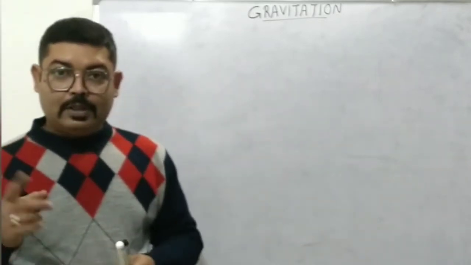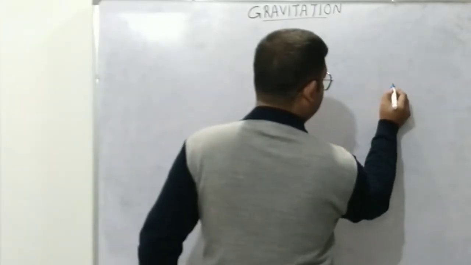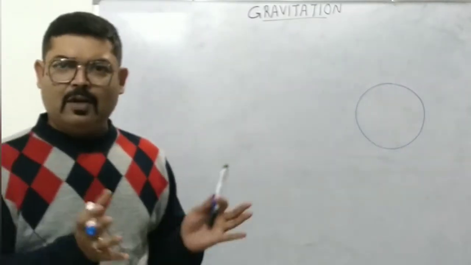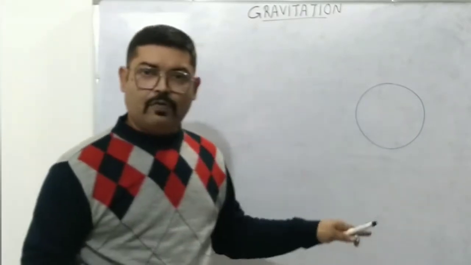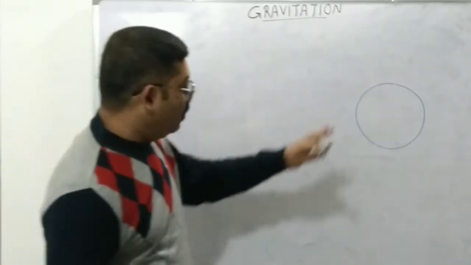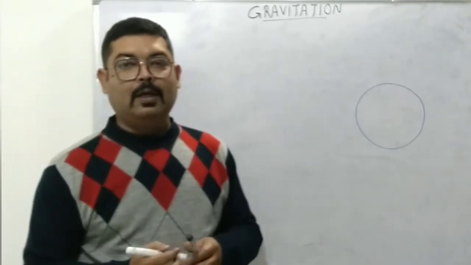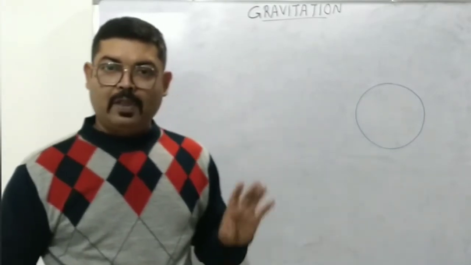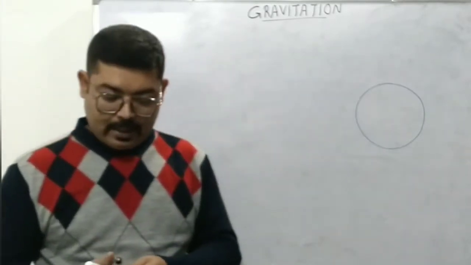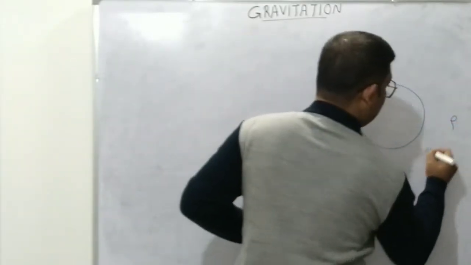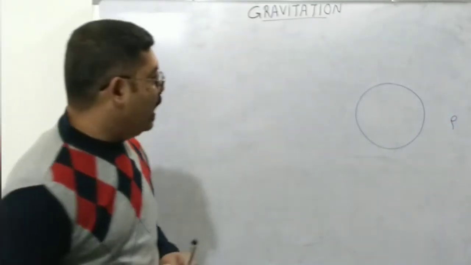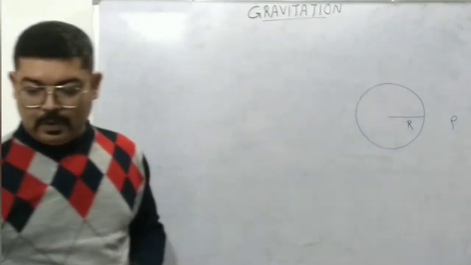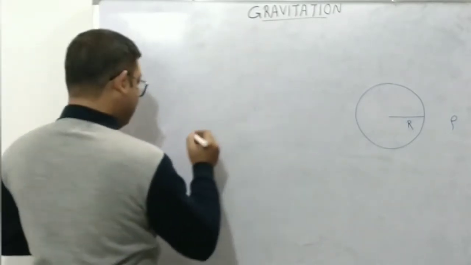For that, we will start by considering that Earth is a sphere. Okay, it's roughly spherical, right? And we will assume that the average density of Earth is the same all throughout. Though it is not the case, we know that the outer crust of the Earth is less dense compared with the inner core. But we will say that Earth has an average density, and let's say that density is given by rho. Okay, and let's say the radius of Earth is capital R,